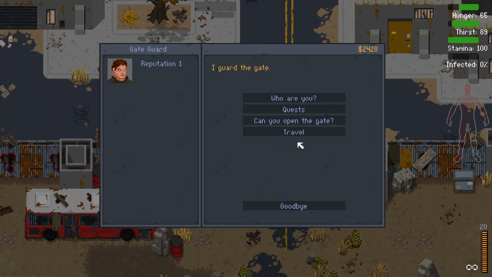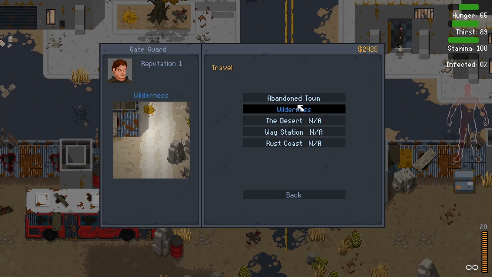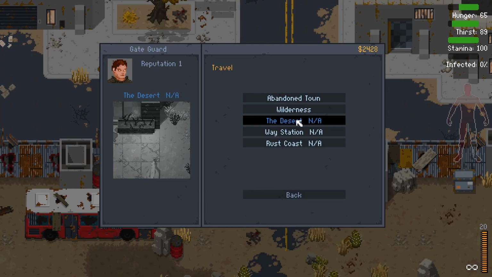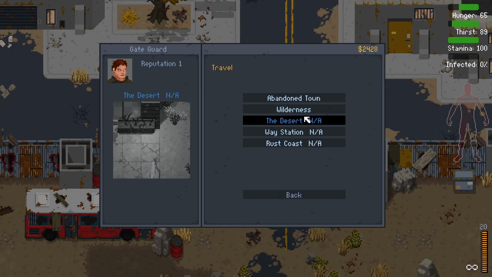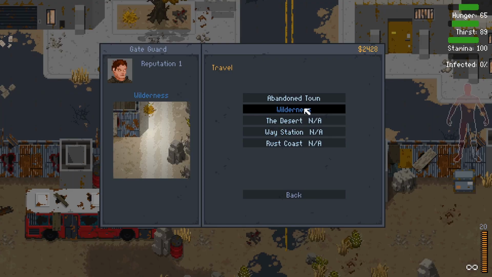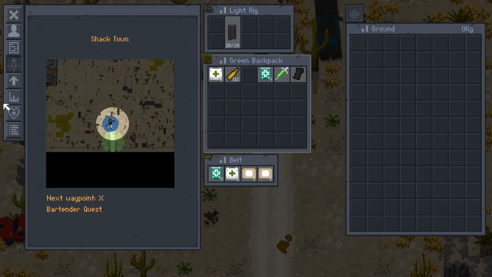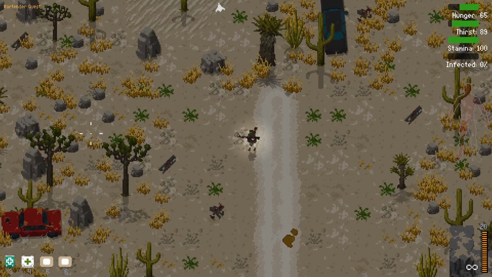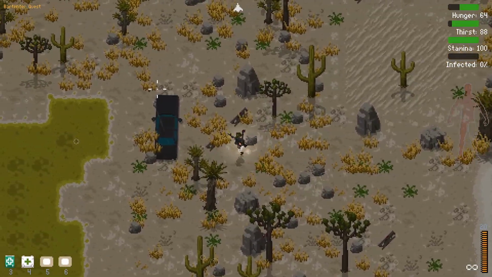Okay, let's see, travel. So as you can see, we've got the abandoned town, we've got the wilderness, there's a desert, there's a way station, and there's a rust coast at the moment. Let's go to the wilderness because I haven't been here before. You do have a map, so you can see what's going on in your map there. There's an abandoned car, but you can't seem to find parts off abandoned cars, so...